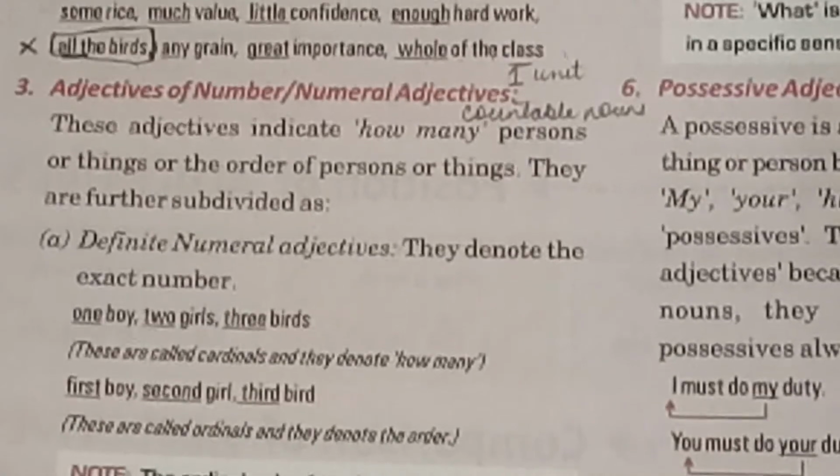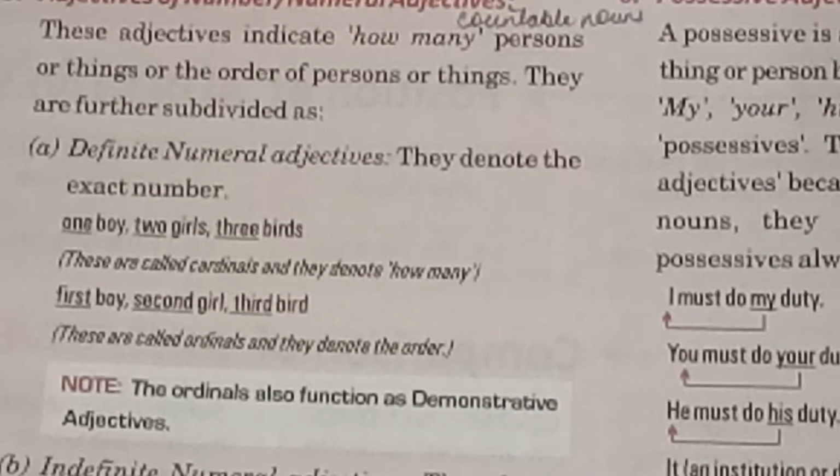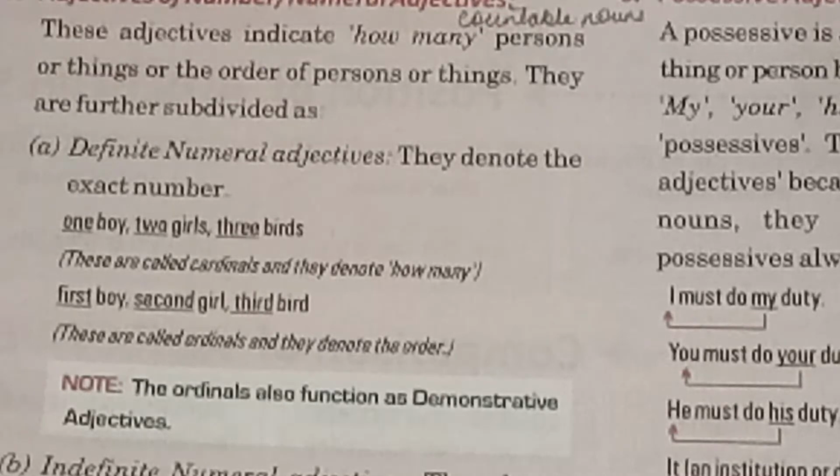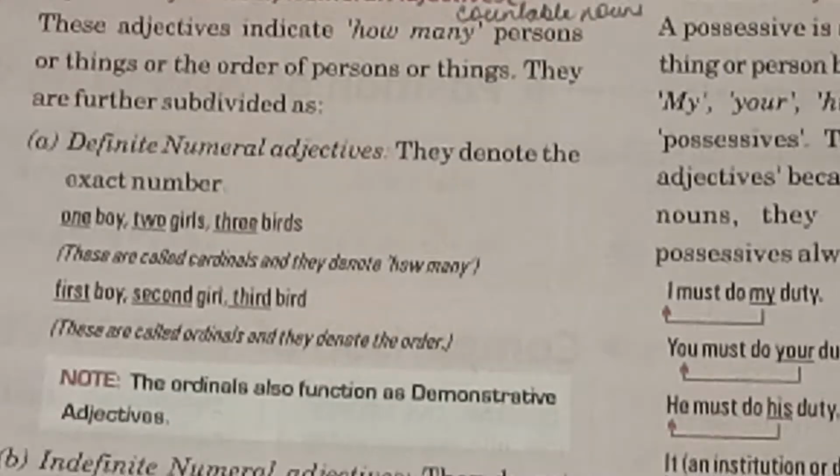And the cardinal numbers can also be used as demonstrative adjectives. You can say that that second girl is not wearing the proper uniform. So second girl, we are pointing towards that girl. It can be used as a demonstrative adjective also. Then the second kind of